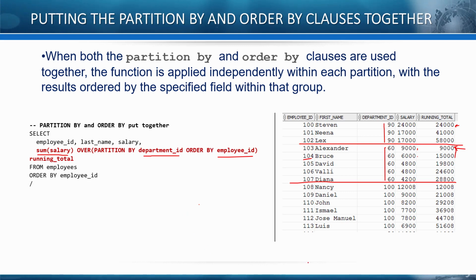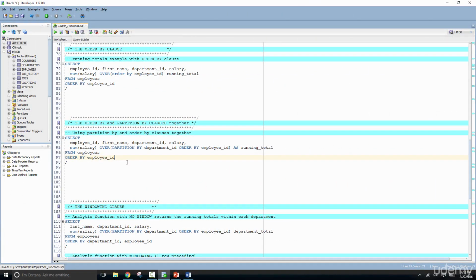Again, let's switch over to SQL Developer and quickly run this query to see that these results are returned the way we intend. Over here in SQL Developer, I have the same query that we have in the slides, which pieces the partition by and the order by clauses together. You see, this is an expansion. We are gradually expanding our analytic function and putting them together to see how these different syntaxes or clauses work together. Here, we are simply using the sum function and we're applying the sum over each department